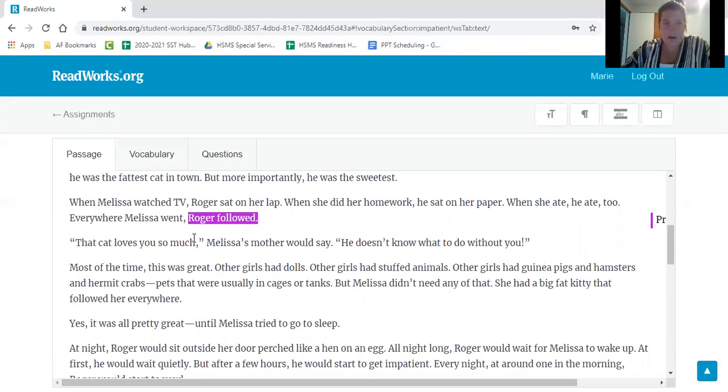Most of the time, the cat loves you so much, Melissa's mother would say, he doesn't know what to do